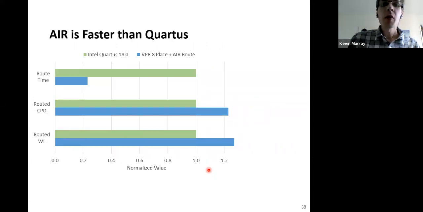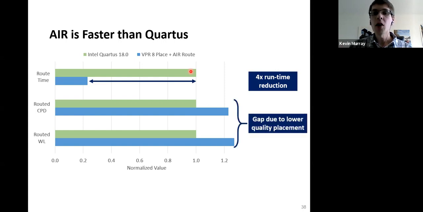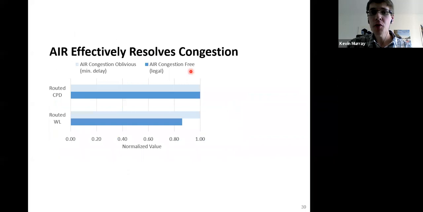As I said, we can also make an indirect comparison with Quartus. This is an indirect comparison because the numbers that we're measuring for Quartus correspond to a routing done with Quartus's placement, whereas the results we're showing for AIR are produced with a VPR8 placement. But what we can see is that AIR completes routing about 4 times faster than Quartus. And while there is a quality gap, we believe that this is due to the lower quality placement being produced by VPR8. And so to prove that out for you, we're going to take a look at